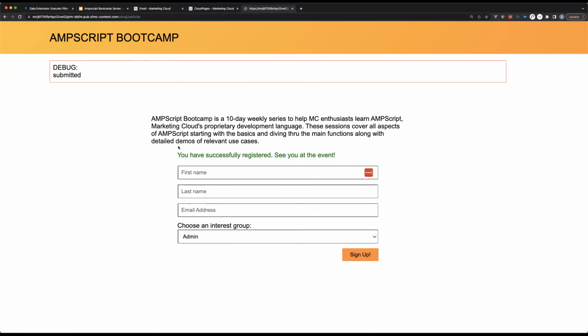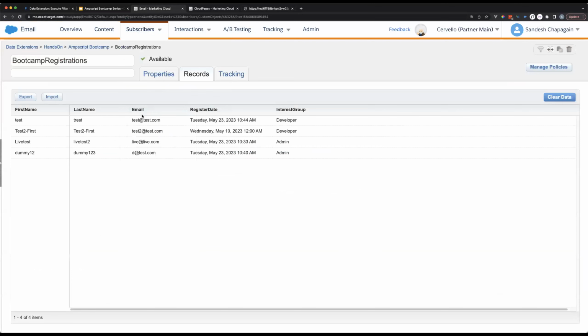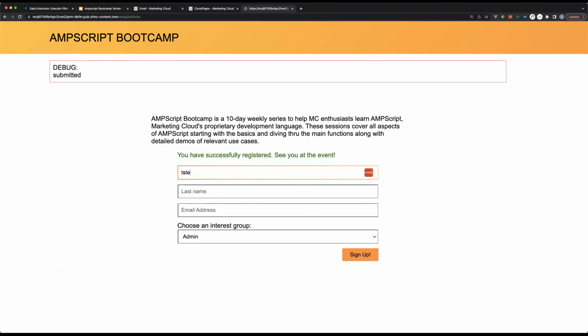Successfully registered. However, if somebody already exists, for example, a test person, then, sorry, test2, test3, test.com. If we do something like this and sign up, then it gives a new message. You had already registered, but we have updated your info successfully. Okay, great. So we have updated data, we have observed it, and we have also inserted.